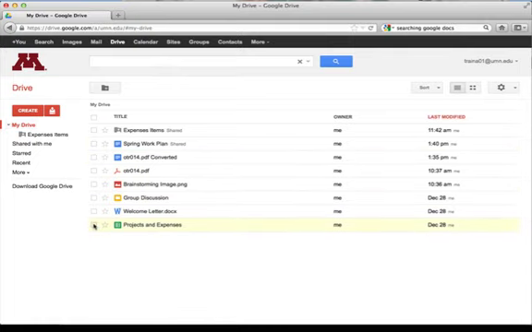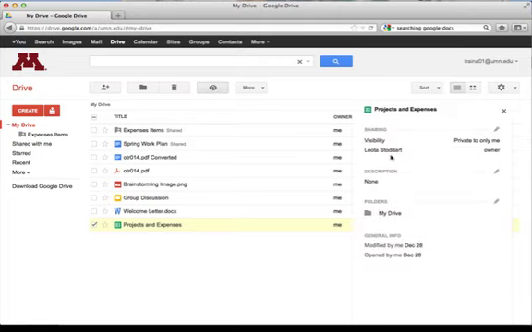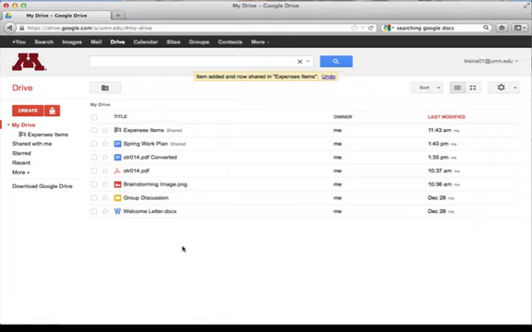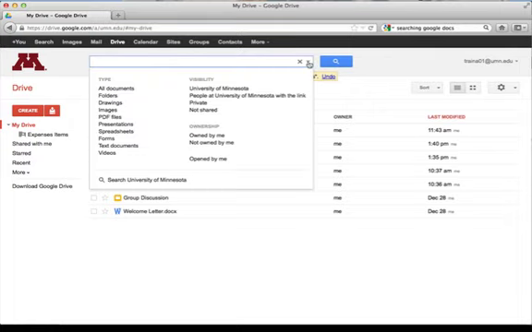there's my projects and expenses. If I look at the sharing for that, it's back to just me because I moved it out of the shared folder. I'll put it back in the expenses folder so that Ellie can see it. And that's that. One other thing about the searching for documents, if you click the drop down, you can limit